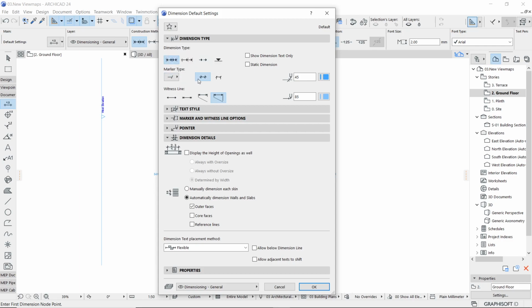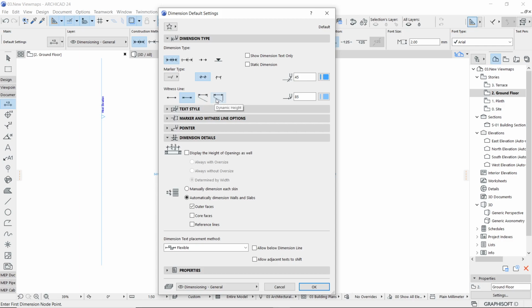And then afterwards, whether you would like to have witness lines extended, or whether you want to have a trimmed one. So that you decide as per your convenience. Then the witness line, if you want to omit it, or you would like to have the same size as the arrow size, or you would like to have a custom height, that is, the witness line length will be fixed irrespective of the orientation of the dimension with respect to the object to which you are trying to put the dimension.